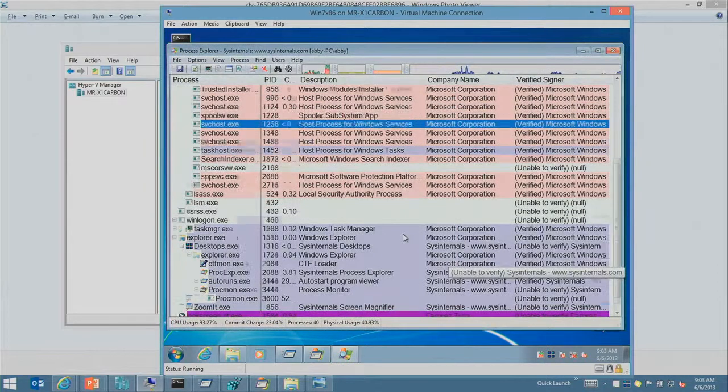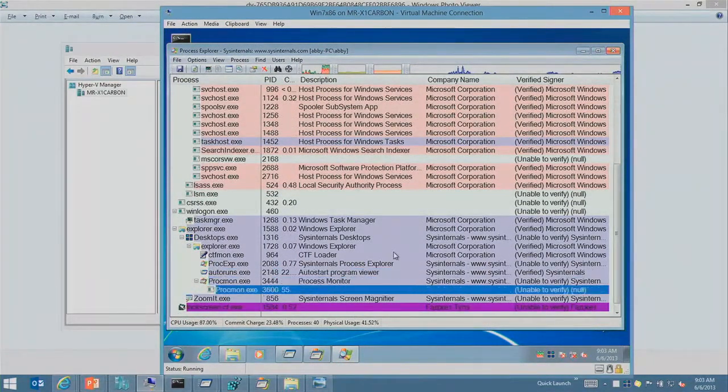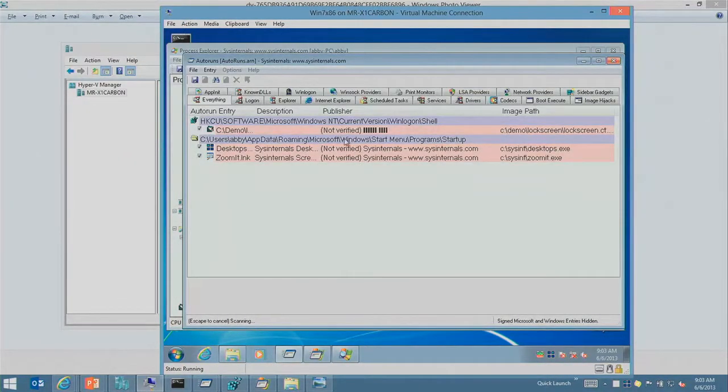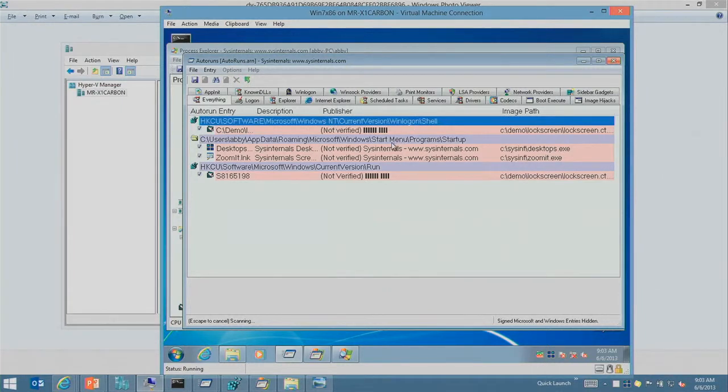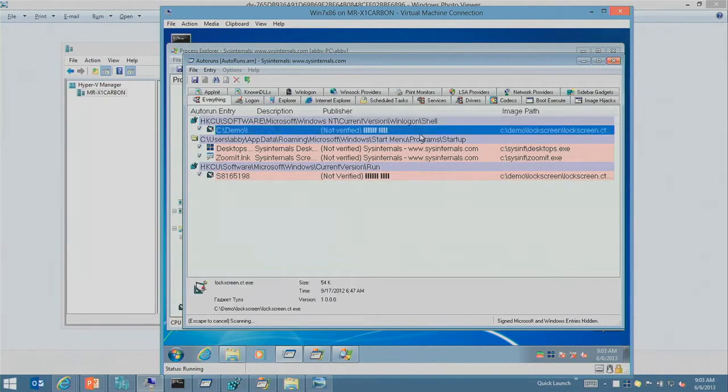open Process Explorer, and there's lockscreen. It shows up with the purple highlight right there. It's got a Russian name, it's got a Russian description, it has no digital signature. And what Autoruns shows us is it's sitting there in a couple places, Winlogon shell and the Run key. The problem now is that obviously I can't clean these things off because it's going to stop me from